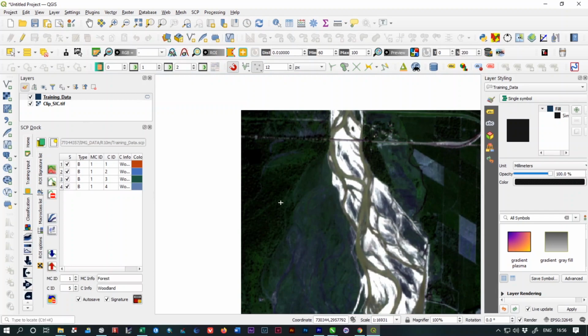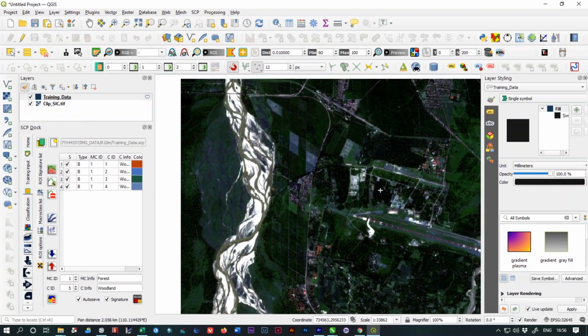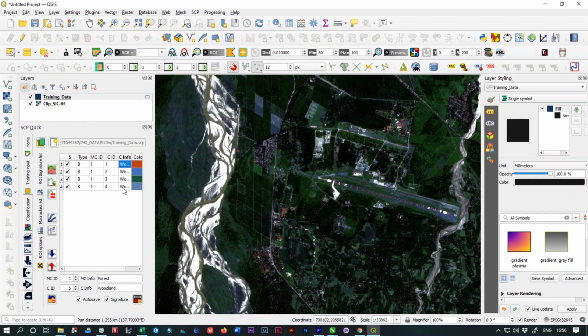Okay, now I have sampled woodlands of four different areas. So now I have to merge all the samples into one single sample. So select all the training samples, select all the layers by pressing the shift option and click on this option. It will merge all the selected ROIs.